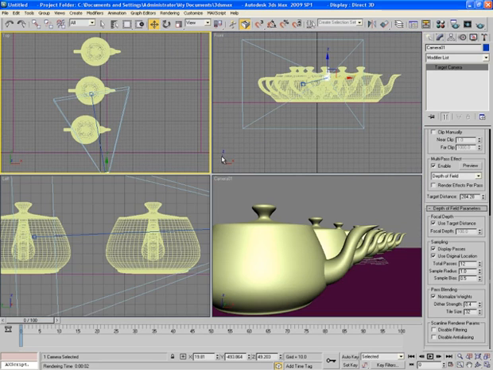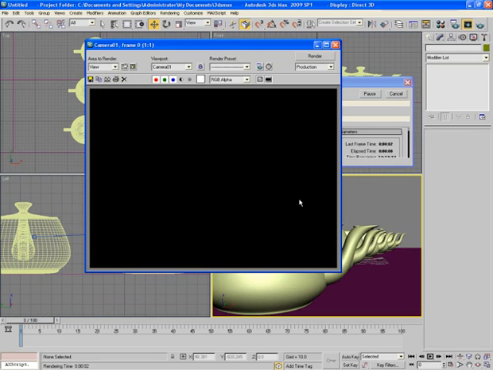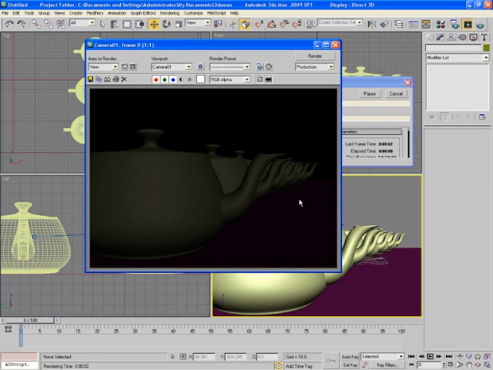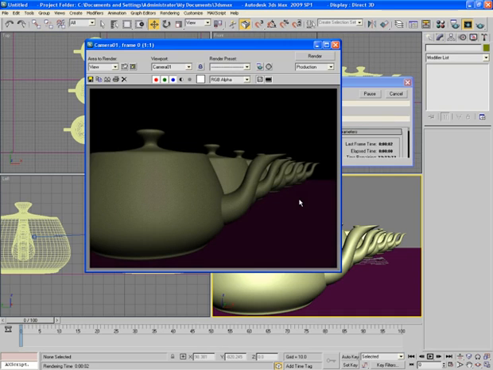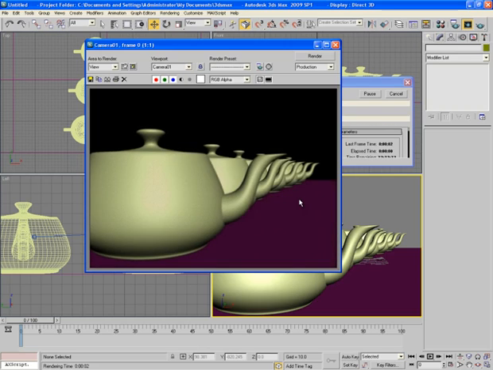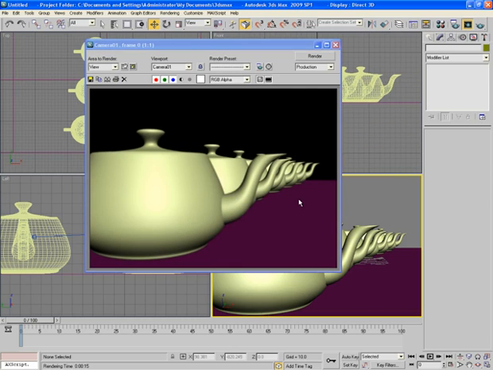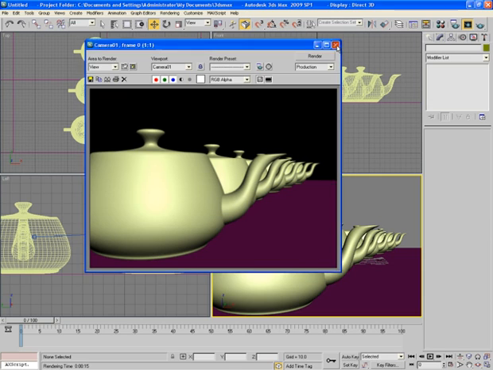So let's see and render the frame, and it will take some time because it is rendering several passes. You can see that this teapot and these teapots are a bit blurred.